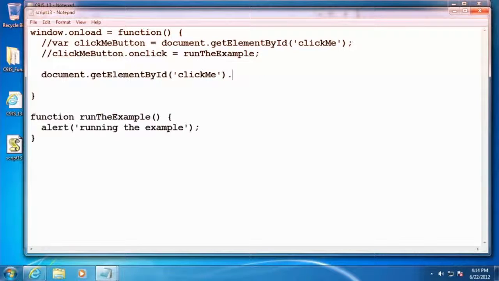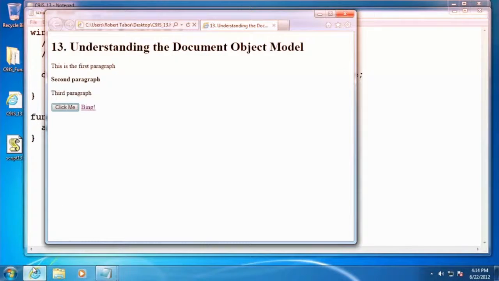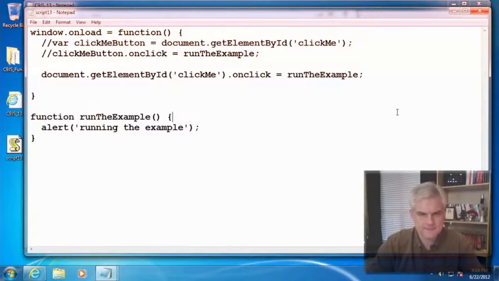And then immediately you'll call the onClick and set that equal to run the example. All right, so that's a little bit more realistic. Let me refresh this, and it still works. Great. Okay,